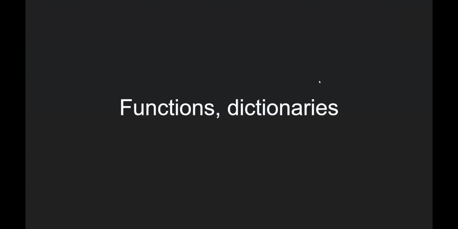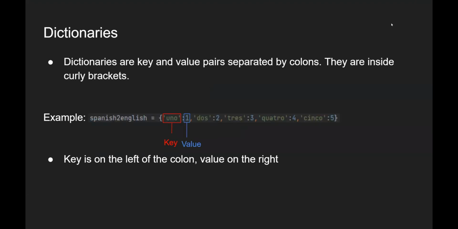We're gonna go over functions and dictionaries. Okay, so a dictionary is key and value pairs separated by colons, and they're inside curly brackets. So if we wanted a Spanish to English dictionary, we'd put a curly bracket, and then we say